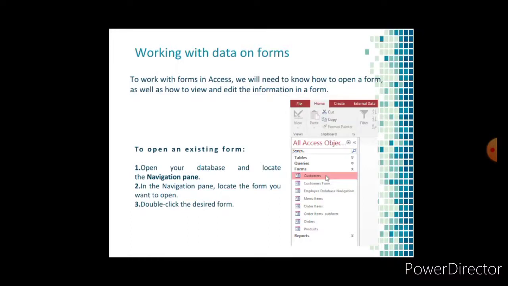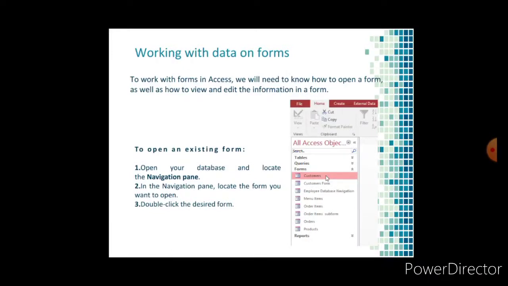Bound forms are what people typically think of when they think of the purpose of a form. Forms are to be filled out or used to enter or edit data in a database. Examples of bound forms will typically be what users use to enter, view, or edit data in a database.